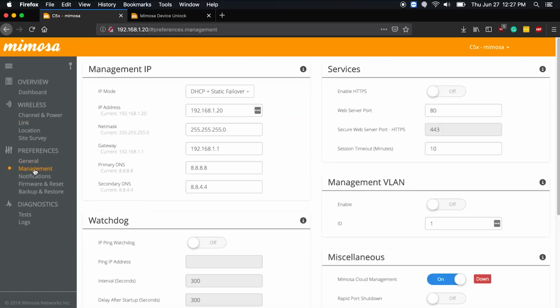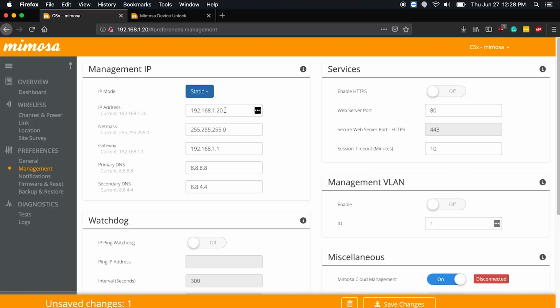The last important thing you need to do is set up an IP address on the radio. So currently, and by default, it's set up to DHCP plus static failover. And the default IP, of course, is 192.168.1.20. So if you have a DHCP server, you can leave it as DHCP. And if you don't, then you'll need to assign a static IP to it. So for this particular thing, we're going to do static, and I'm going to set an IP address,